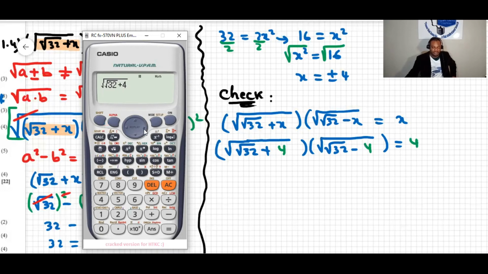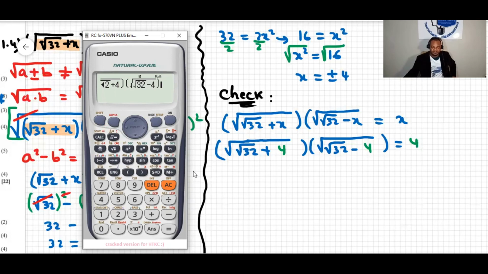Okay, we were supposed to put brackets. So I'm going to put a bracket there, and then open another bracket there, and then square root of 32 again, and then out of the square root, and then negative 4,